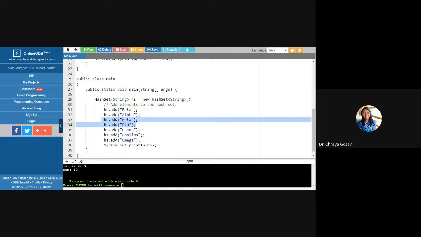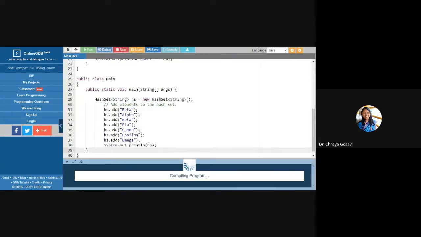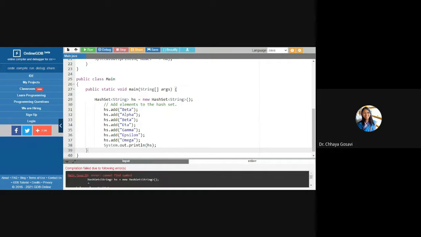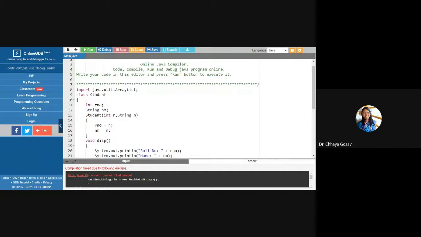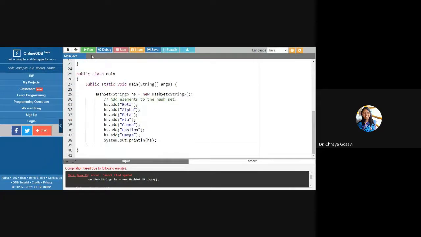I have again added beta just to check whether I get some error or not. And now I'm printing the hash set. In case of ArrayList, it printed beta, alpha, beta, and so on. But here, HashSet is not included. That's why we have to say java.util.*. Star means it will import all the required classes and interfaces.